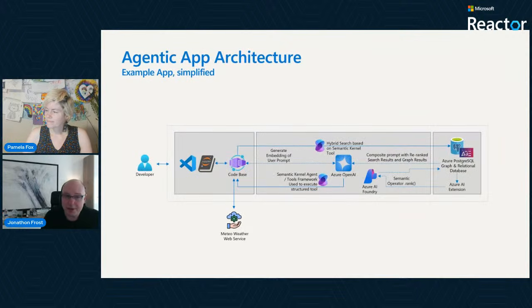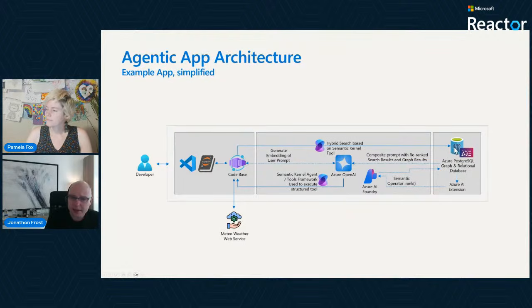So for the architecture that we're going to be looking at today, this is a simplified diagram of what it is that we'll be walking through, and all this code is available as well. We'll be giving a link to the repo. And so essentially, from left to right, we're operating inside of a Jupyter IPython notebook that's running inside of VS Code, and we have a semantic kernel that is then running and connecting to our Azure Postgres database.